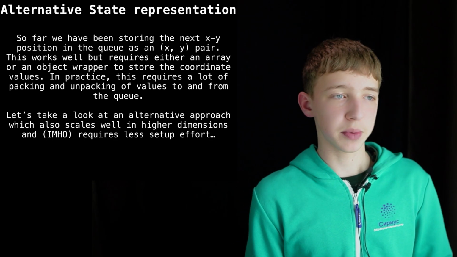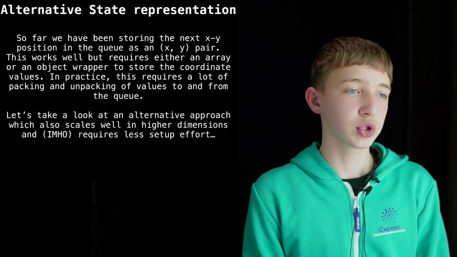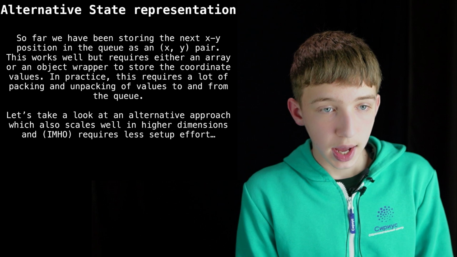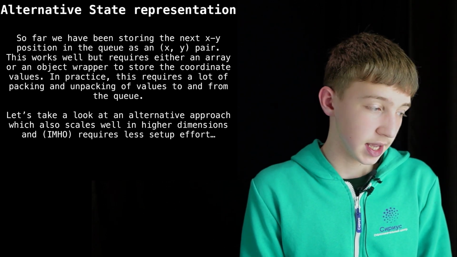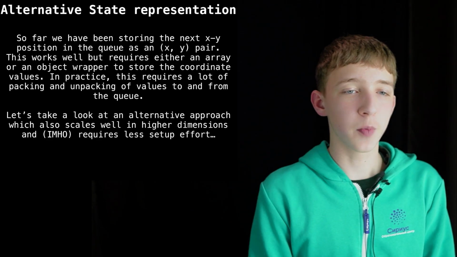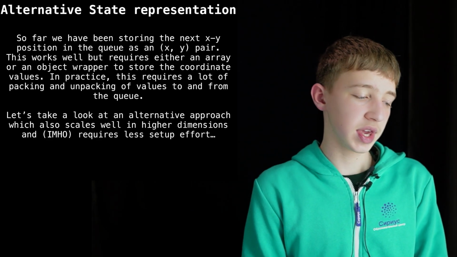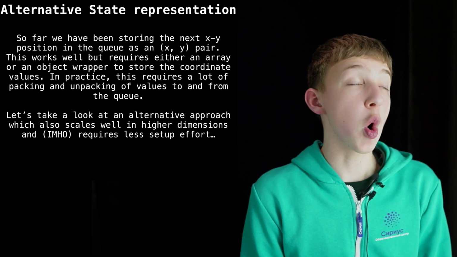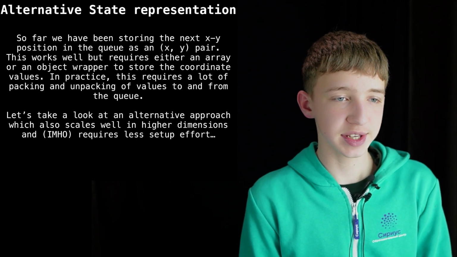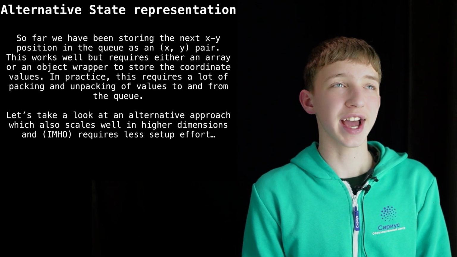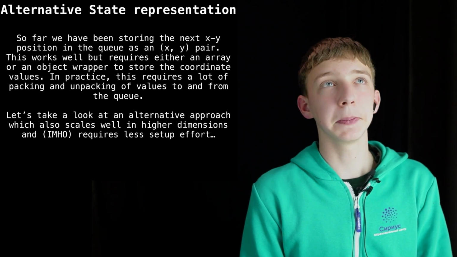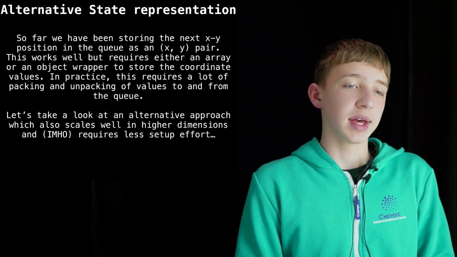It might require a pair to store the coordinate values x and y, and in practice this would require a lot of packing and unpacking of values, so the program would be overwhelmed with these dot second, dot first in C++, as we are unpacking the pair,